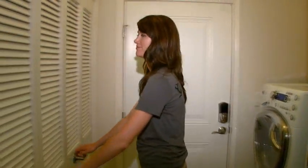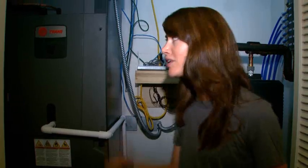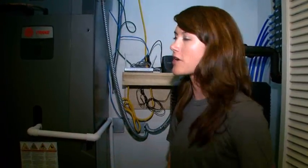This space is a mechanical closet of the in-home. To my right is our Trane Hyperion air handler. This is the main forced air system within the home. It's a highly efficient insulated cabinet that ties into our heat pump outside that is our primary heating and cooling